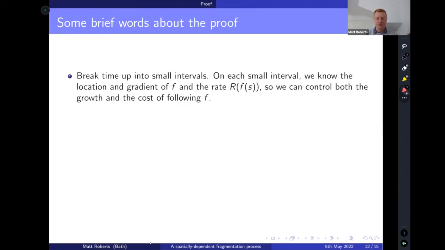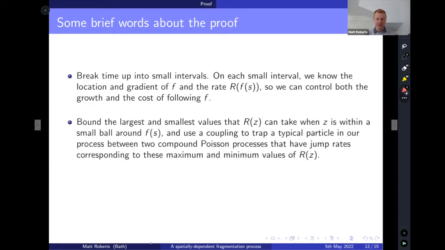So as I hinted earlier, what we do is we break up time into tiny intervals, and on each small interval we know where f is, and we know its gradient. So if we know particles are near f, then we can control how fast they're jumping in each direction. To be more specific, we can bound the largest and smallest values that our rate r can take when z is within